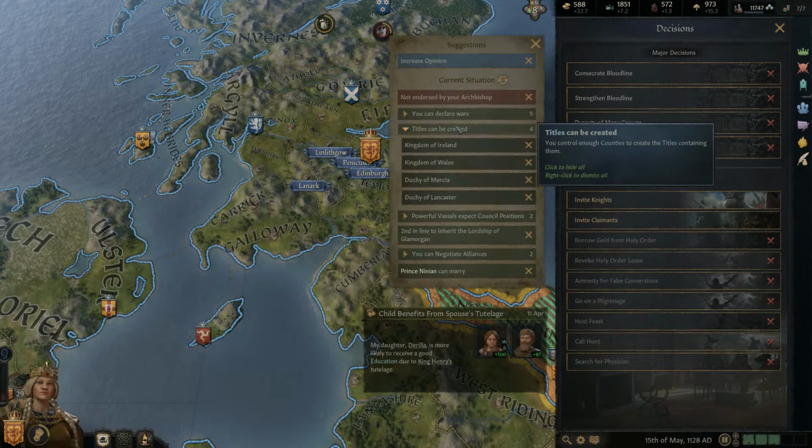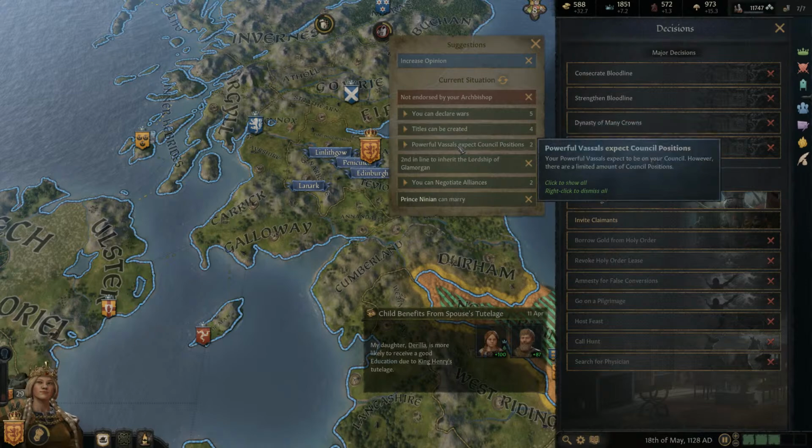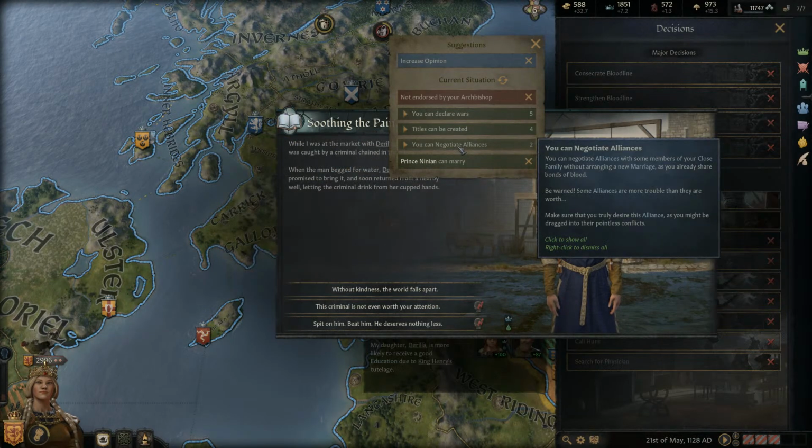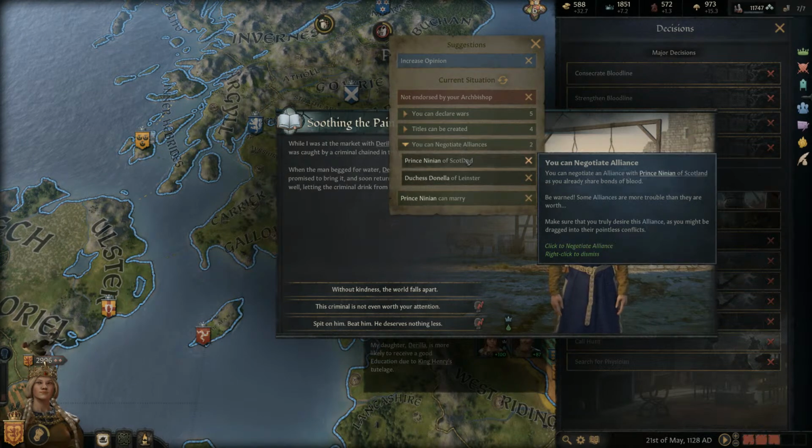I can create titles and declare wars. Powerful vassals are sad. I can negotiate alliances with my...